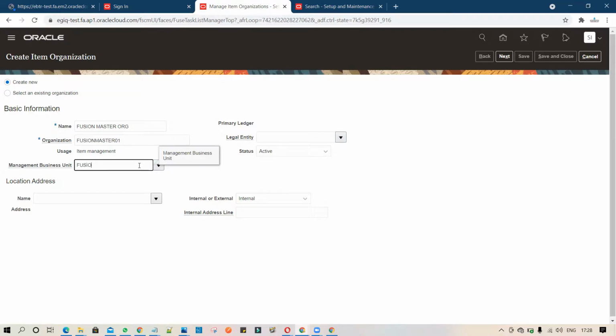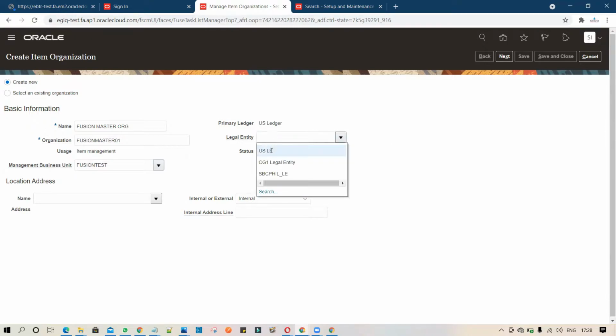So I am adding my business unit. Once I associate my management business unit, system automatically prompts the primary ledger, and after that you have to enter the legal entity. So you select your legal entity, and you have to tie back your location address. So let me tie back location.